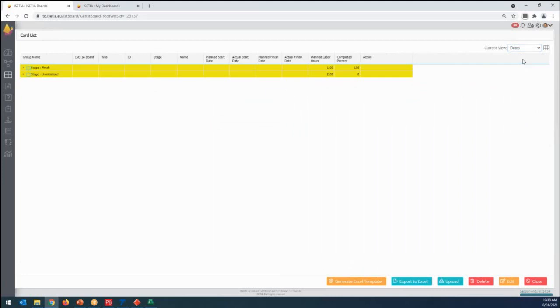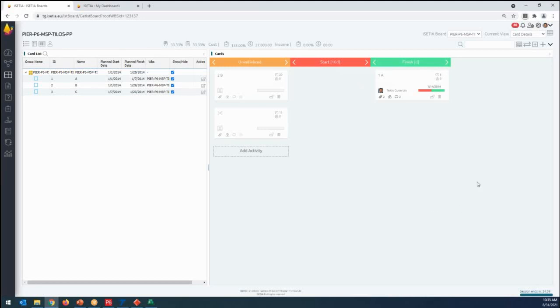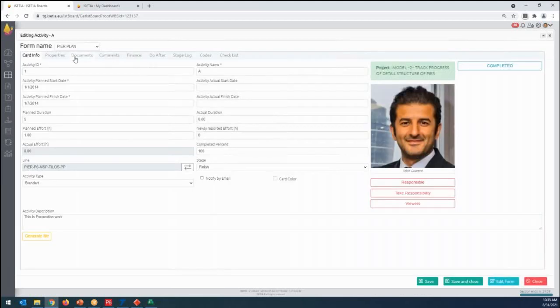the dates of the activities, which is finished activity A, and not started activities B and C. So you can have it here, labor hours, materials, all these fields can be also managed and you can export it to Excel. Okay, now I think that it's clear what I am trying to do. We have our own methodology inside. When we bring the schedule, we are integrating documents, information, cost, budget, risk, issues, everything in this card. So this card, I'm not going to speak about all the others here, codes, checklist, stage logs, and etc.